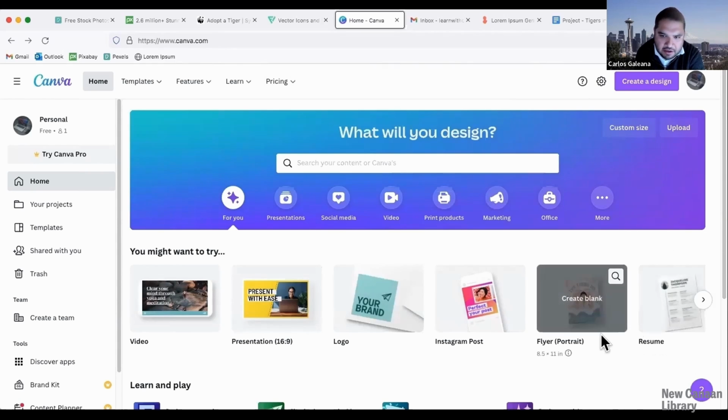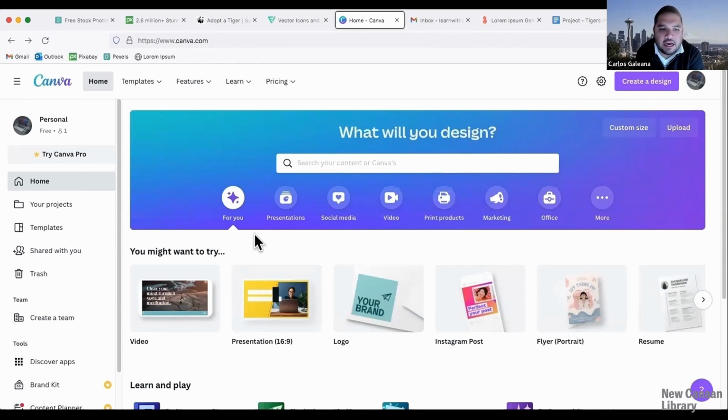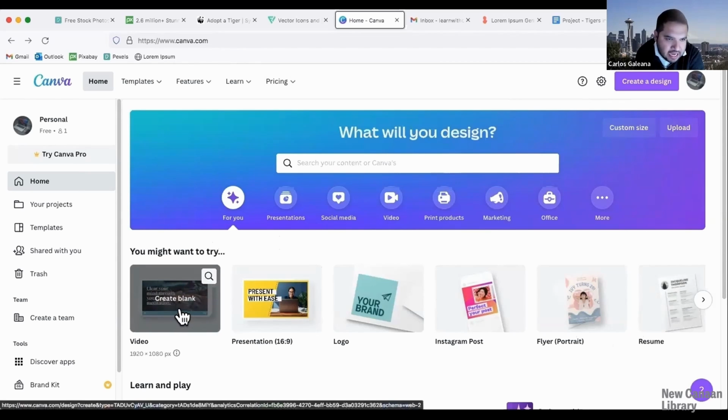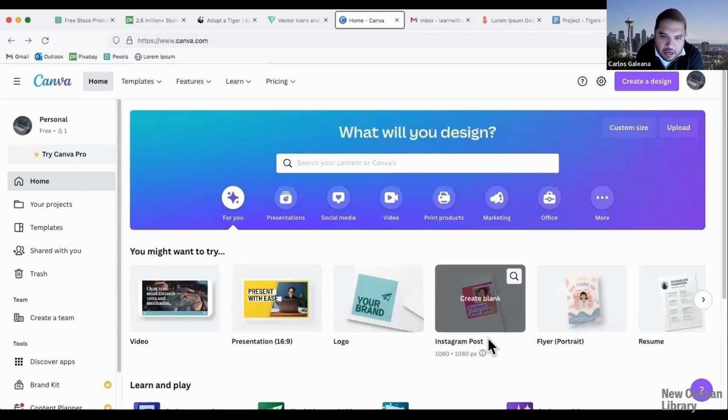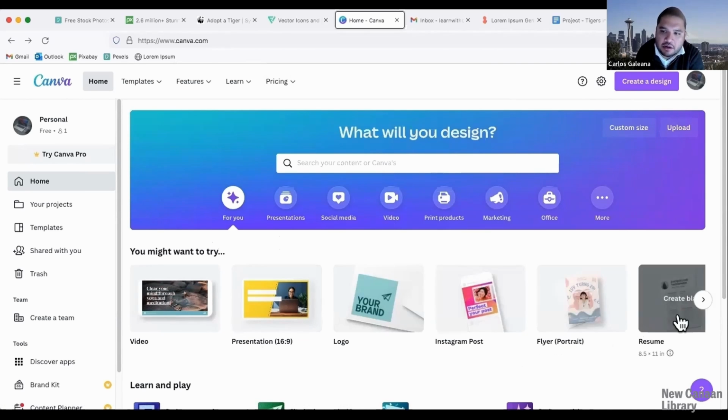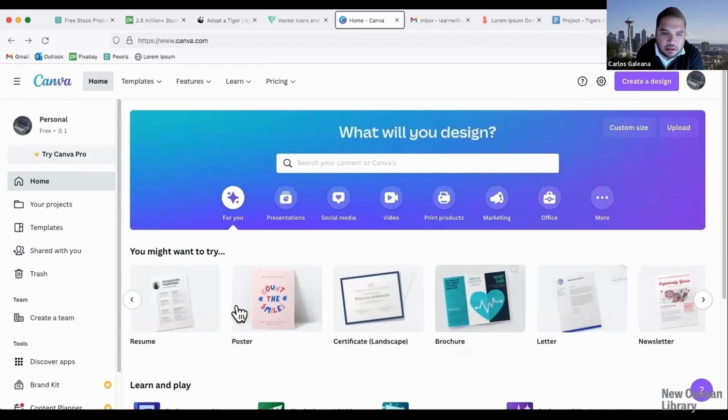And in Canva, you could create a whole bunch of different things. So you can create a presentation. As of really recently, you can actually edit short video clips on here. You can create an Instagram post, a flyer, a resume. You can create menus for a restaurant.